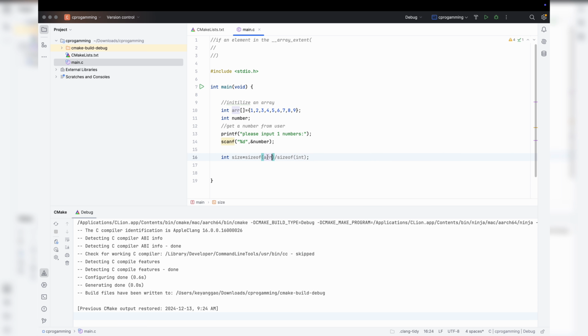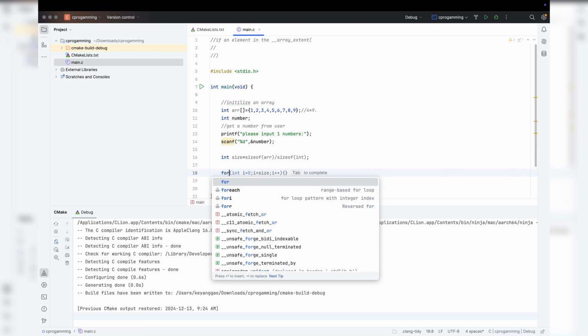And the size of the ARR, it has 9 elements here, so it will be 4 times 9, because it's 4 bytes for an integer. So that's the total size of ARR, and the size of the int will be 4, because that's how much address or memory it needs to store the int type. So basically, this is the size for the array. That will be 9, and we can go through the array,